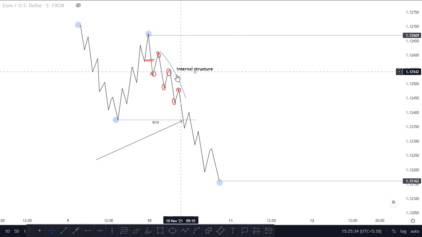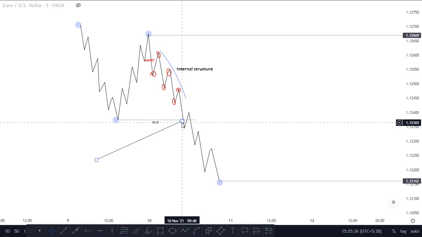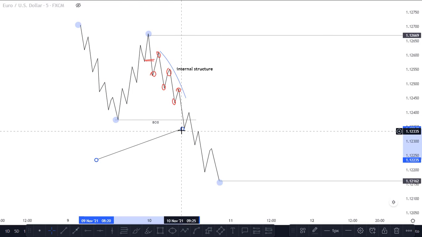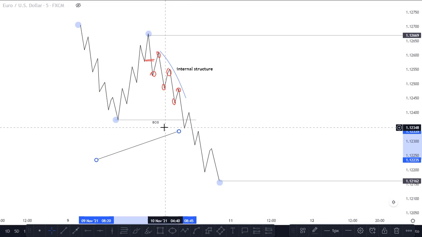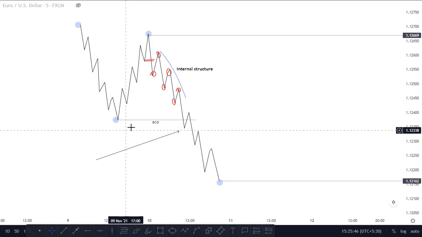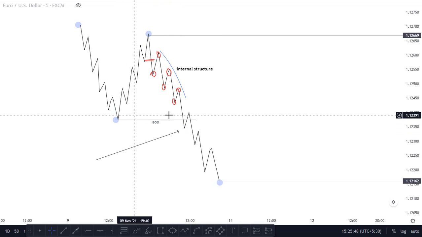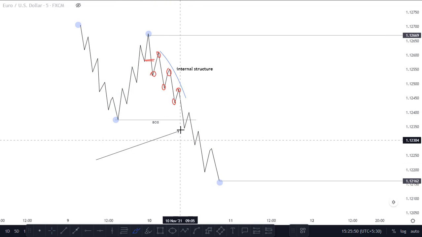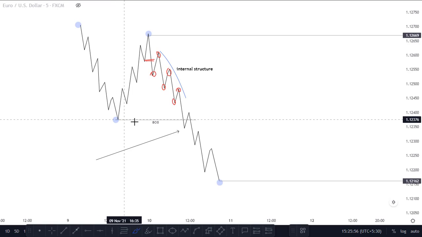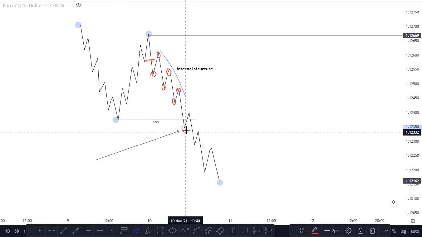This is what we call internal structure. Now, look at this low. Market broke the structure and created a low here. So as long as you have a low outside of POIs, outside of external liquidity, from that low, the first low, I repeat one more time, the first low you get here after breaking external liquidity, the first low, this